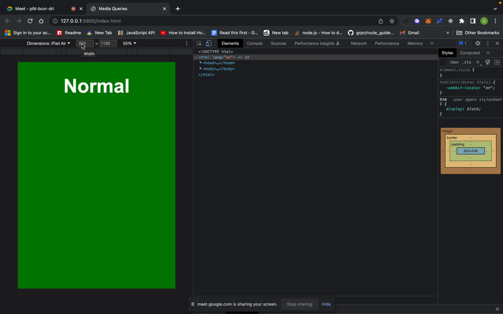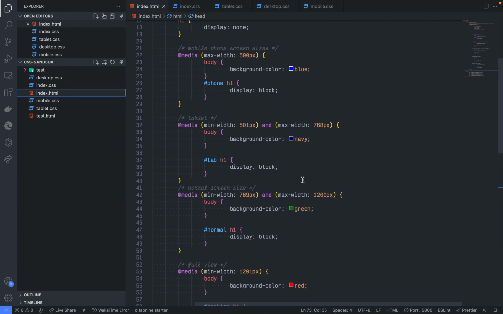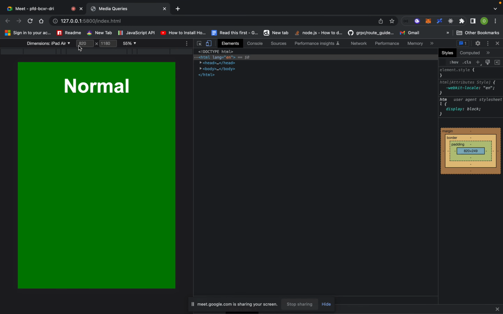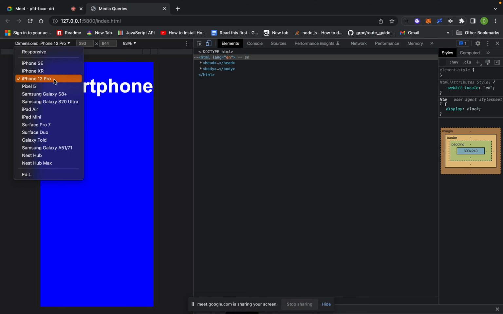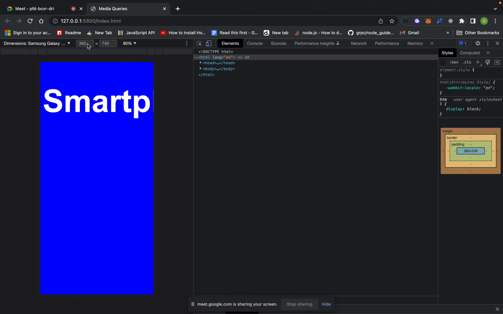But when you are starting out with a mobile device, I think it's only max width you need. You're sure that for mobile devices, like I said earlier, this is the width of a mobile phone, this is the height. iPhone X is 375. iPhone XR is 414. iPhone 12 Pro is 390. Galaxy Note 8 is 390. So all phone widths cannot be more than 500. That's why I just put 500 as a